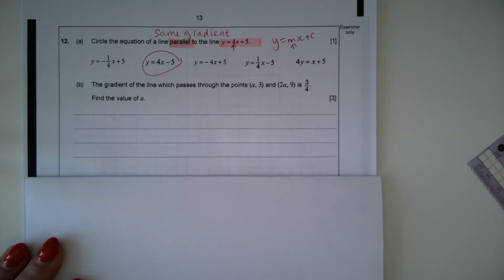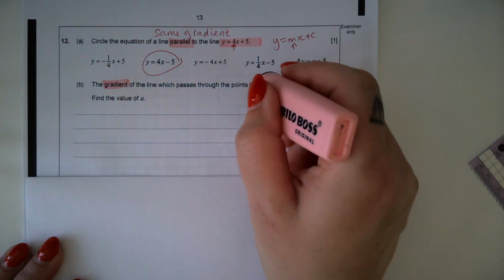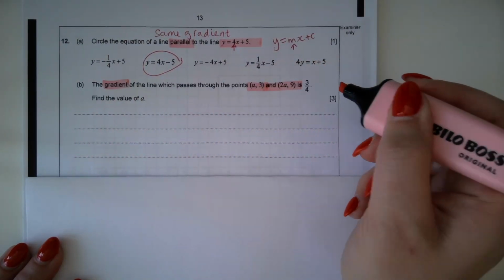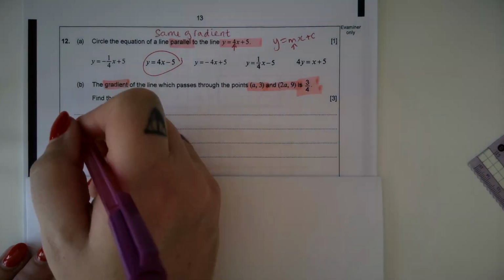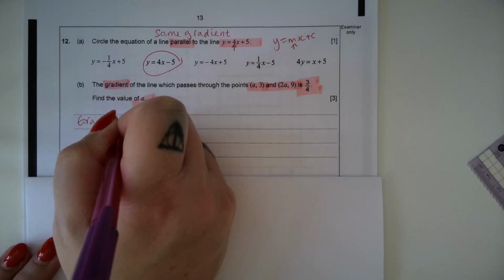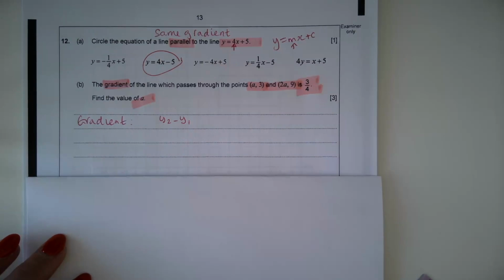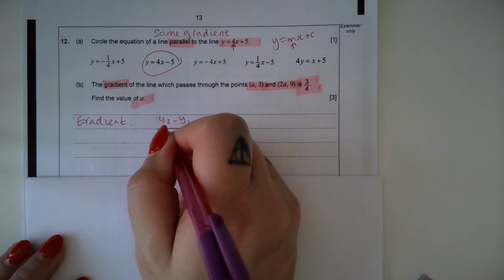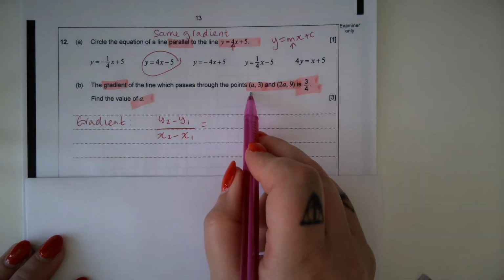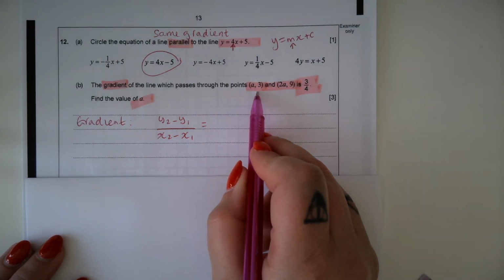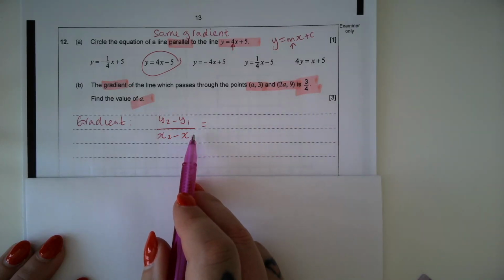Part B, the gradient of the line which passes through, so we're working with the gradients. The gradient of the line which passes through the points (a, 3) and (2a, 9) is 3/4. Find the value of a. Okay, so when we're working with the gradient, we do the change in y, so y2 subtract y1, divided by the change in x, so x2 subtract x1. So this is our x1, y1, and this is our x2, y2. So they should equal